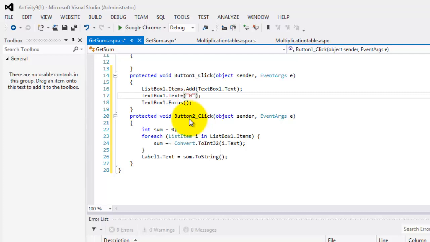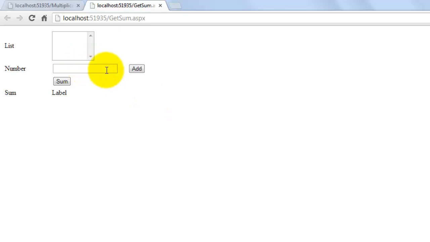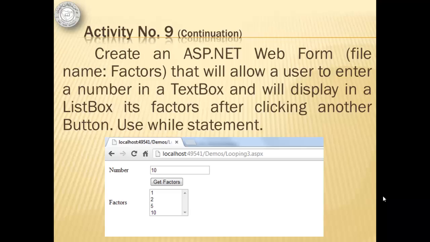Okay, let's run it in our browser. Let's add some values. 1, 12, 23. Okay, now let's get the sum. Perfect. For our next activity, we'll create another web form called factors that will allow a user to enter a